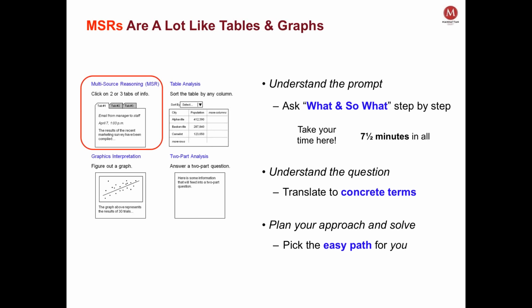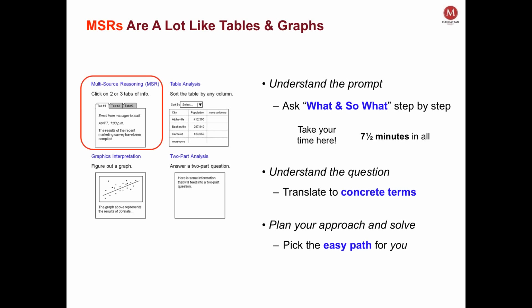So how do you approach these? How on earth does anyone do a case study in 7.5 minutes? Well, thank goodness it's a mini case study. So what we talk about is having a systematic approach. First thing you want to do is understand the prompt. You've got to go through these tabs of data and figure out the story behind the data. We call that asking yourself what and so what. What's there, and so what? So what is sort of the plot line of the story? How are these graphs or charts, or how is this text, all related?